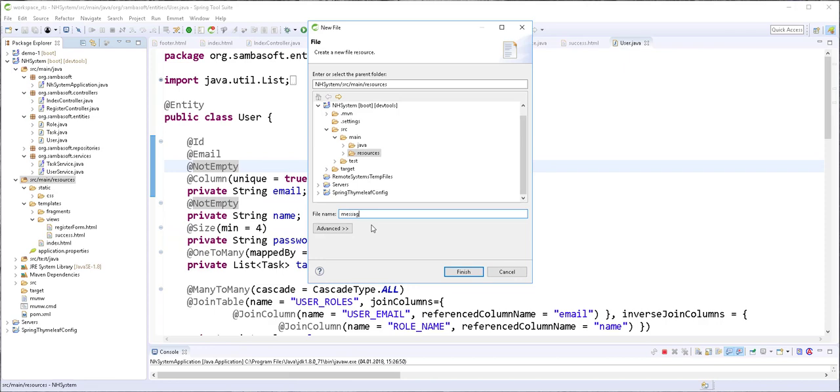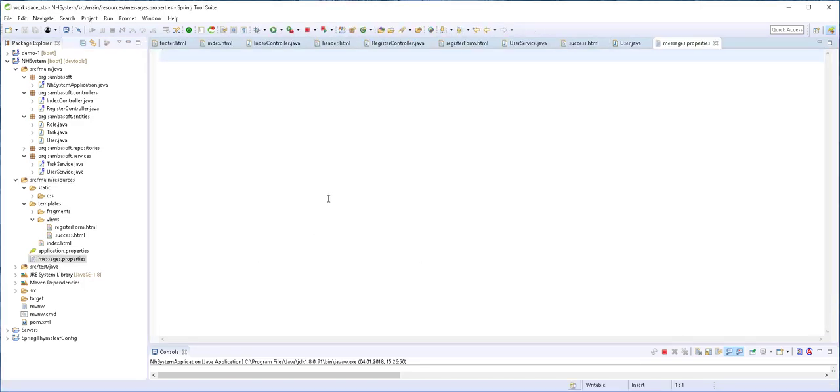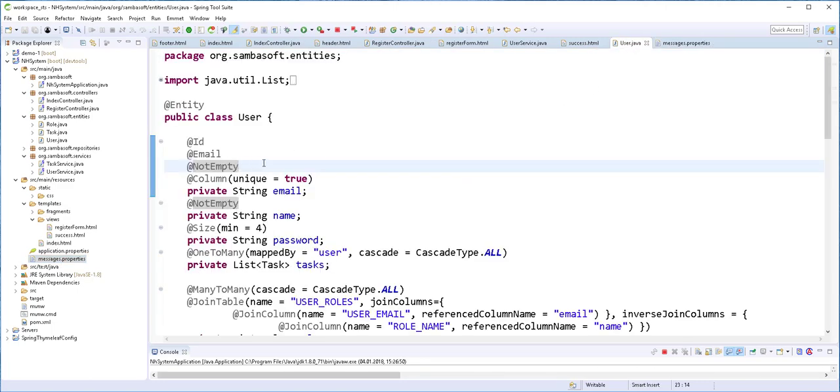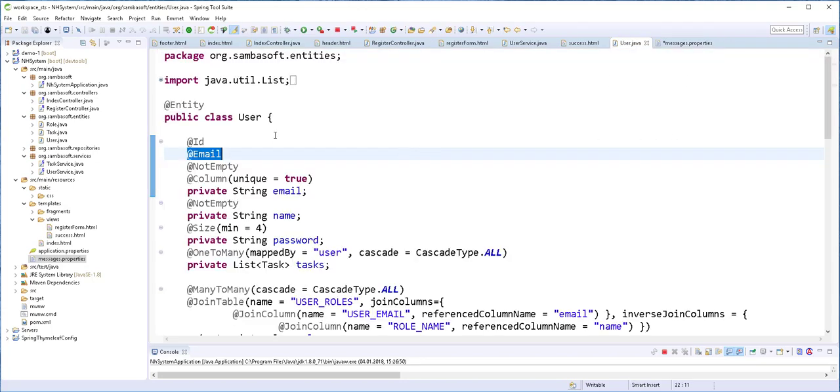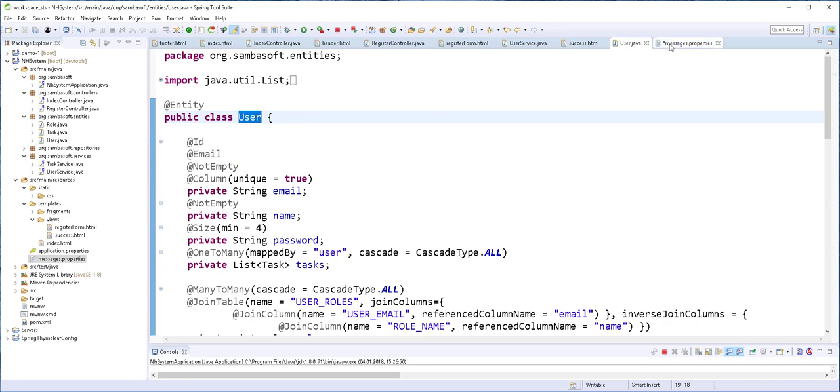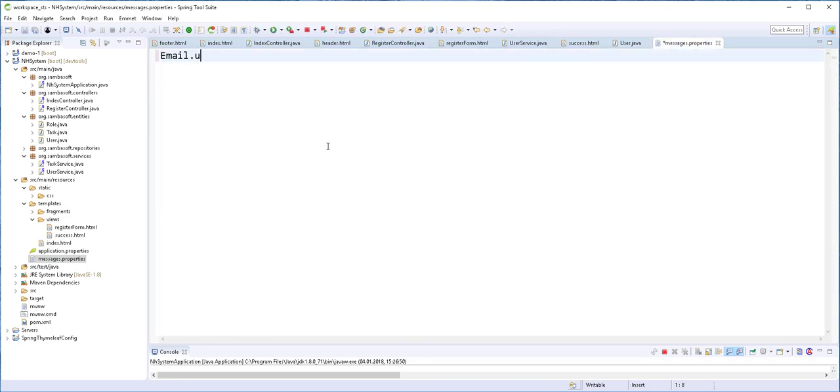I'll call it messages.properties. There is also a way to create a file that will respond to Spanish, to German, to English, and others like that. I'll leave it like this. Say we want to set a validation message for the email. All we need to do is to type here Email, dot, and then the name of the object. For example, this is the user class, so I'll type here user, beginning with a small letter,